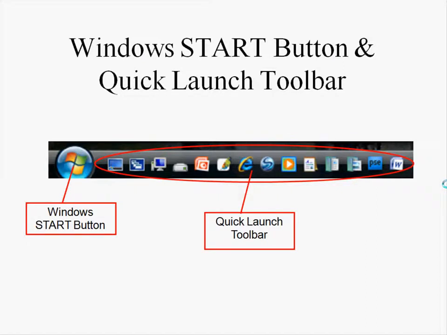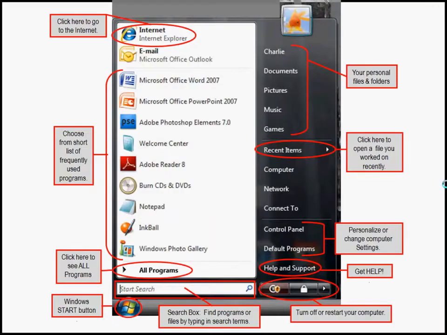Unless you roll your cursor over it with the mouse, then a little sign pops up telling you what it is. But it's the key to getting started with a Windows computer. After you practice using the mouse and learn how to click, you're going to click on that Start button, and